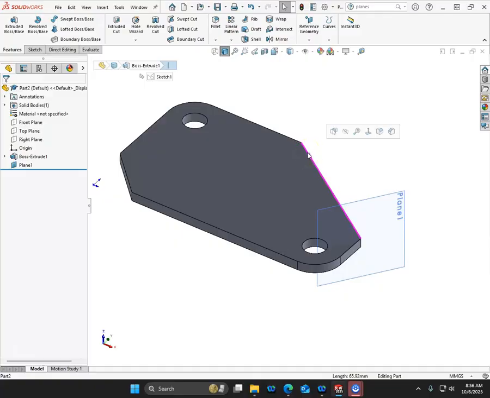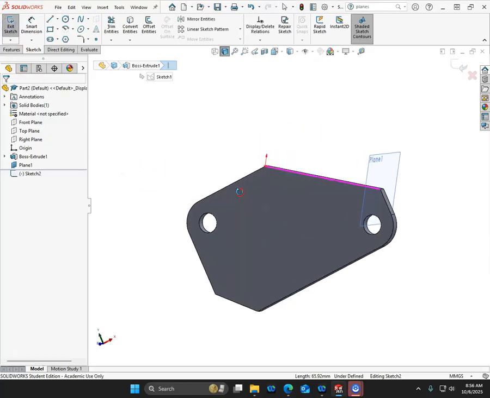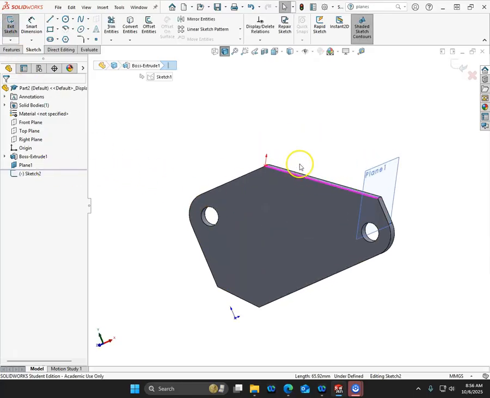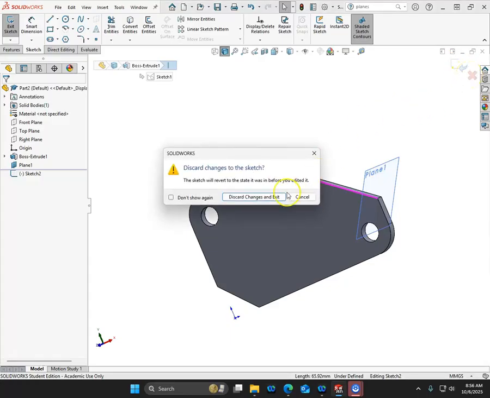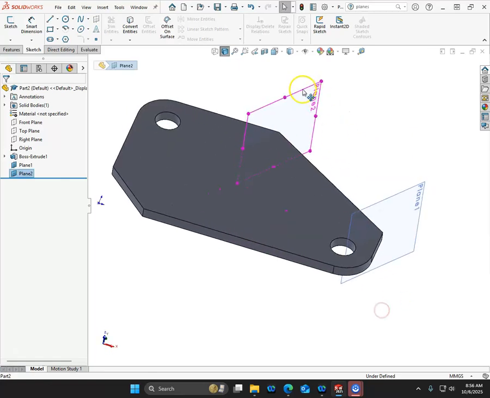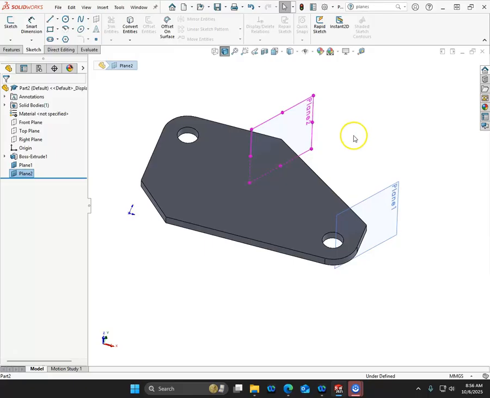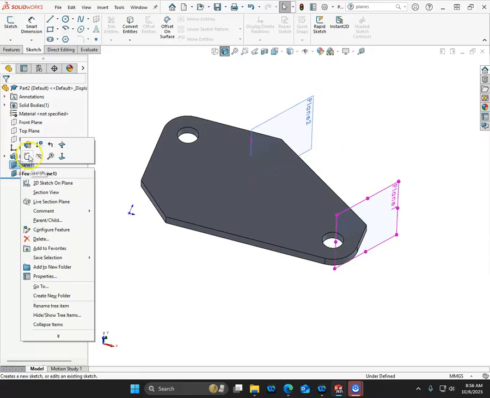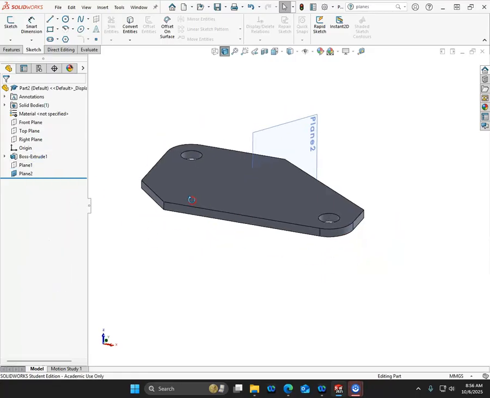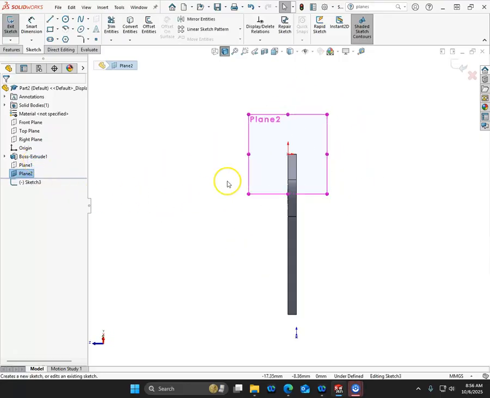And just by selecting that edge and going back in and selecting sketch, did it put it on? Kind of put it on plane one. So I think it just, oh, there it is. It didn't show up. So I would have been sketching on plane two. So you do have to generate the sketch, and then when you exit it, it shows the plane. So either one, we'll use plane two. Again, you don't need plane one, but